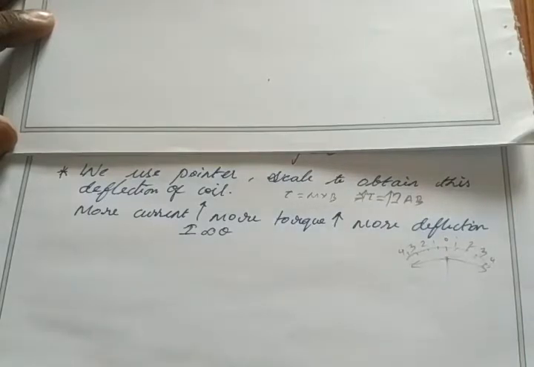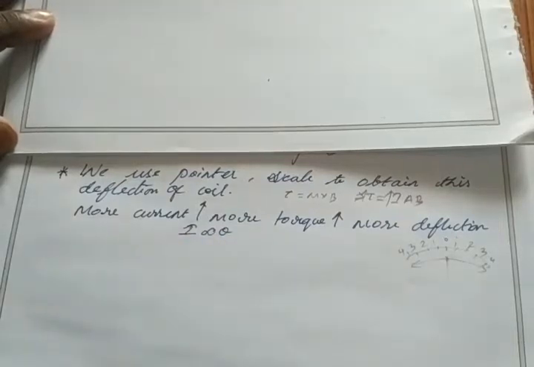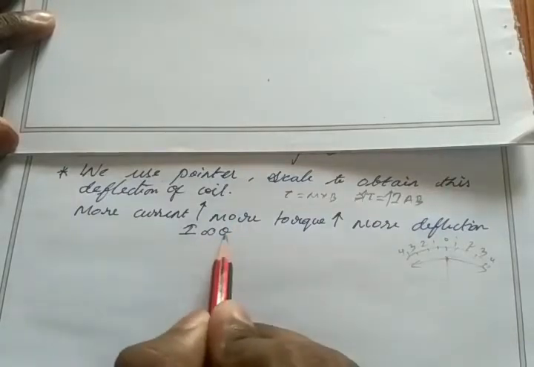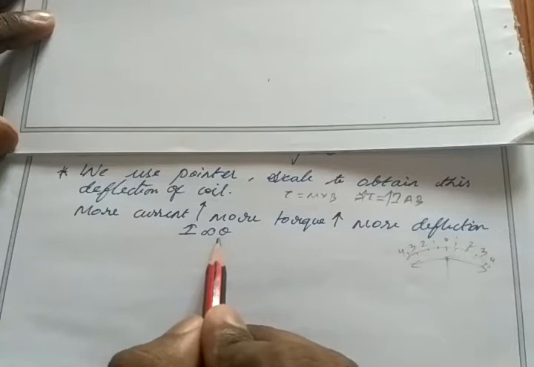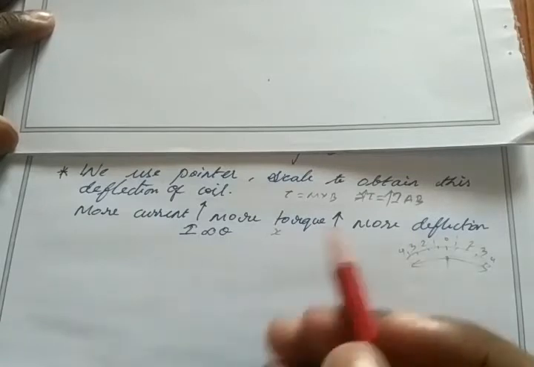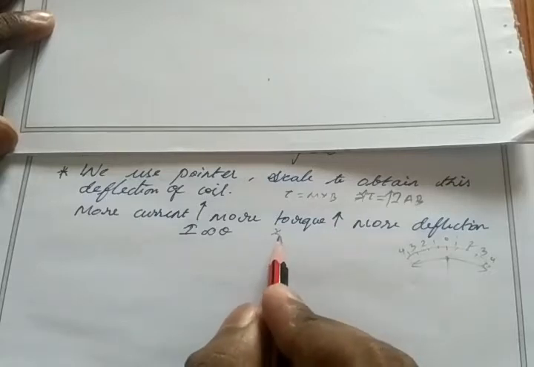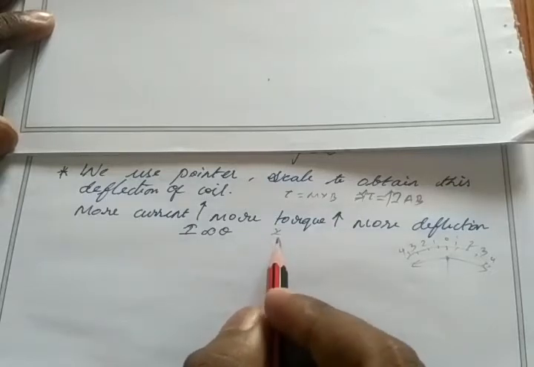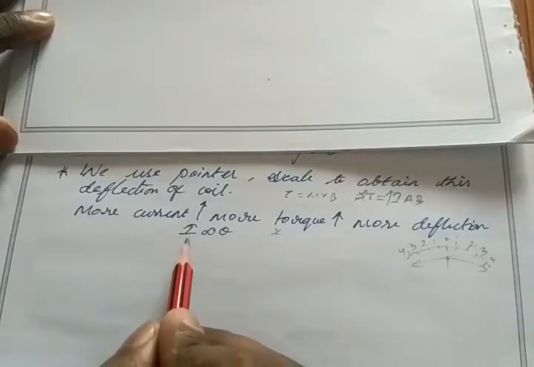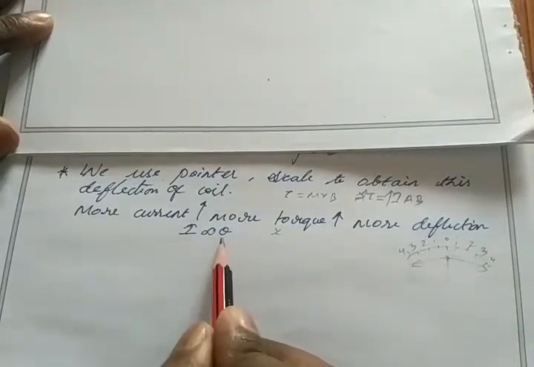So here what is cause and effect? Here the cause is our current. So current is the reason for the deflection of the coil. The effect is deflection, or we can say the input is current, output is deflection of the coil. Here deflection is not linear displacement. If it is linear displacement, then we use the symbol x, right, and for velocity we use dx by dt. So this is not a linear displacement but angular displacement. For angular displacement we use theta. So here the input is current. Because of this current, the pointer gets deflected on the scale. So the deflection is theta.